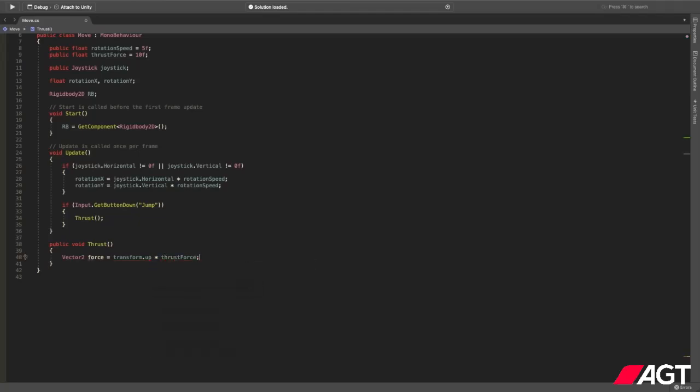force. And now when we have a new vector2 declared, we can use it. And for that we need to use our rigid body, so rb dot add force, and the force we are adding is called simply force. That's all for the trust method. So now we have a way to send our player in the forward direction,